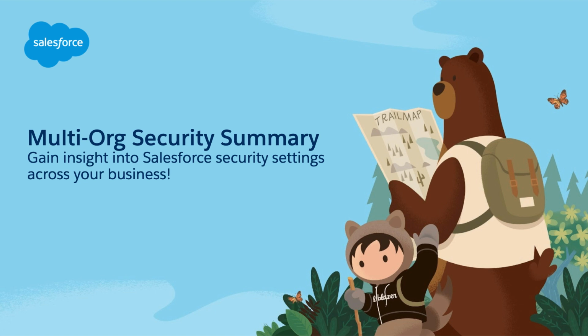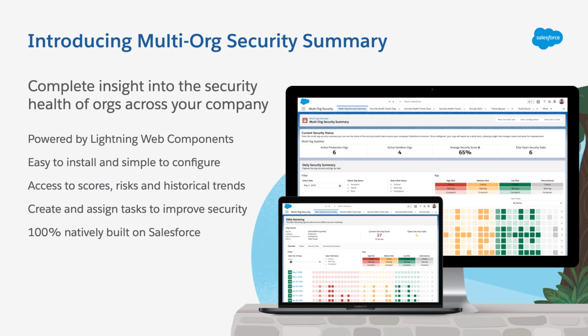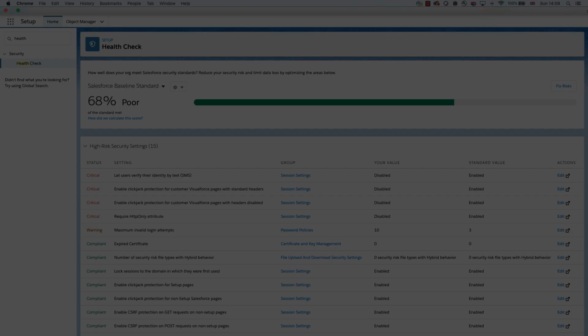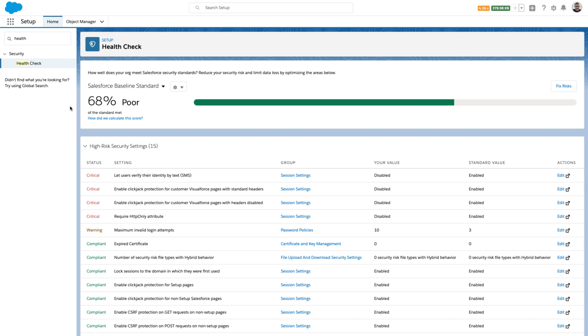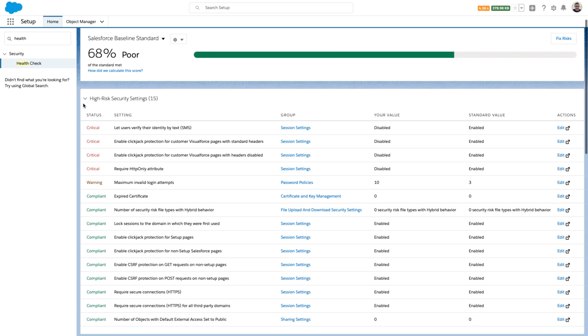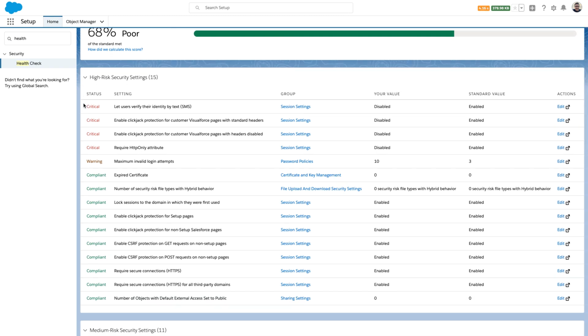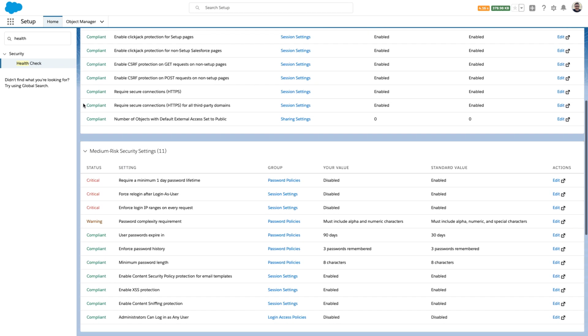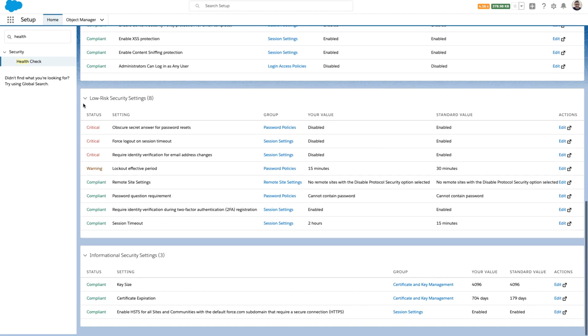Multi-org security summary is the perfect solution for any business that needs to manage security across multiple Salesforce orgs. Salesforce natively offers a security health check in setup that gives you a clear overview of the security settings and how they relate to the suggested values. This is great when managing one org, but when you try to manage this across a number of orgs, it